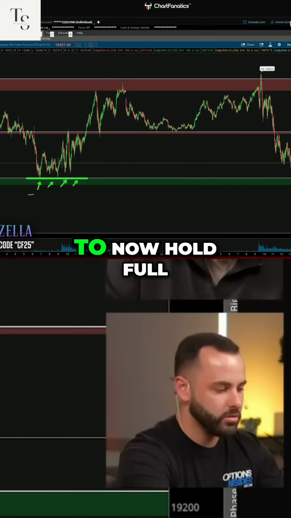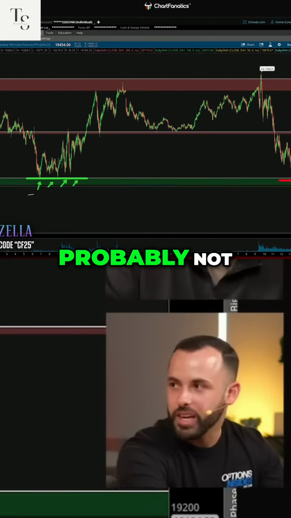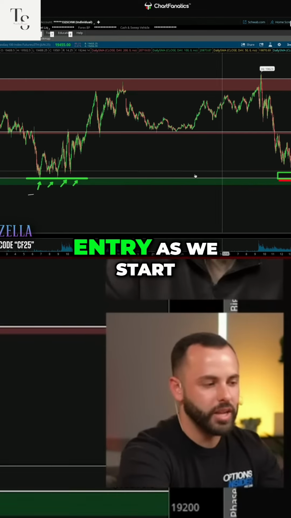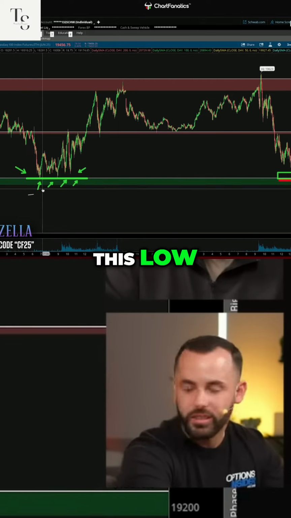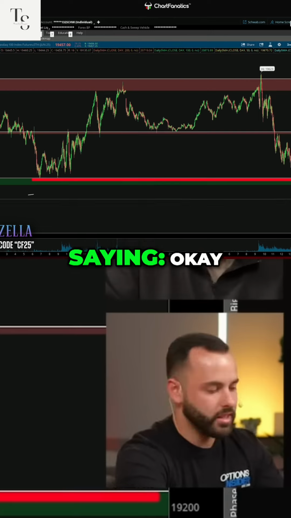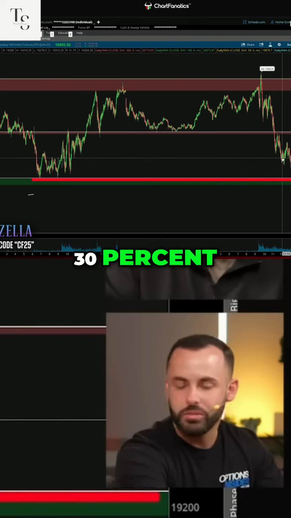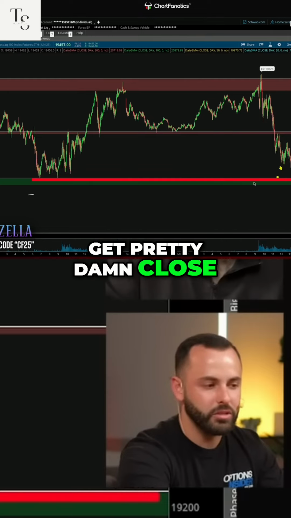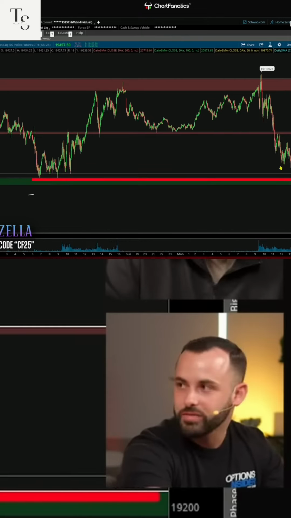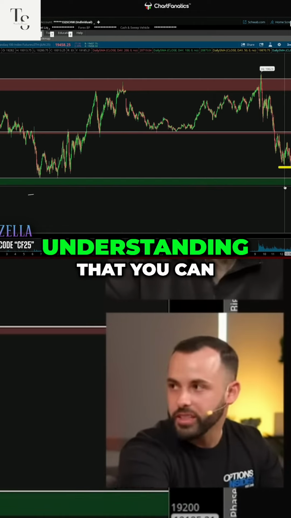So are we going to now hold full size shorts into previous day low? Probably not, right? You probably shouldn't be holding a full short entry as we start to come down into this low. So I have to do my job of knowing my levels and saying, okay, I've gotten a nice scalp. I'm up 20, 25%, 30%, and I'm starting to get pretty damn close to that low of the day from the previous day. And I need to start exiting this position, right? And so you can either take it all off, understanding that. You can run it